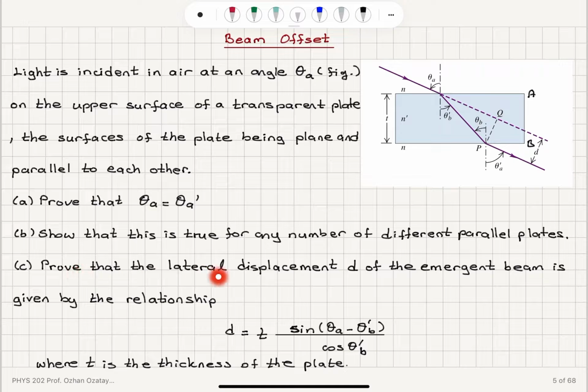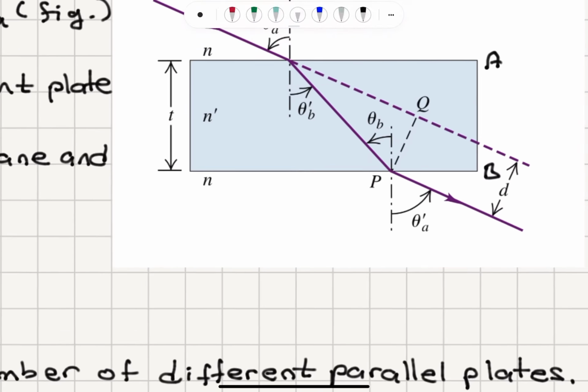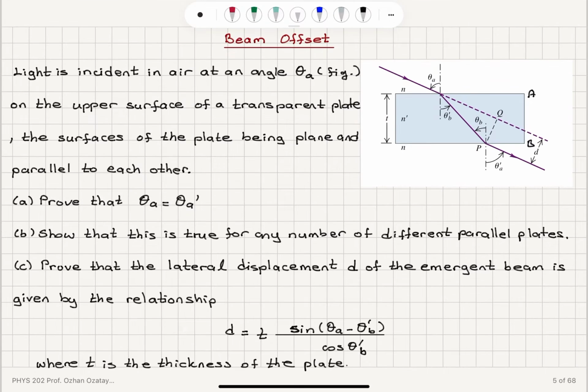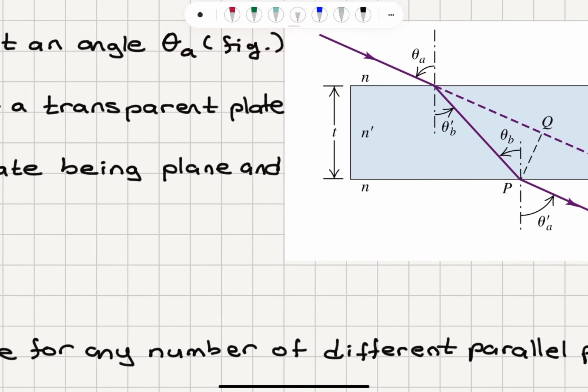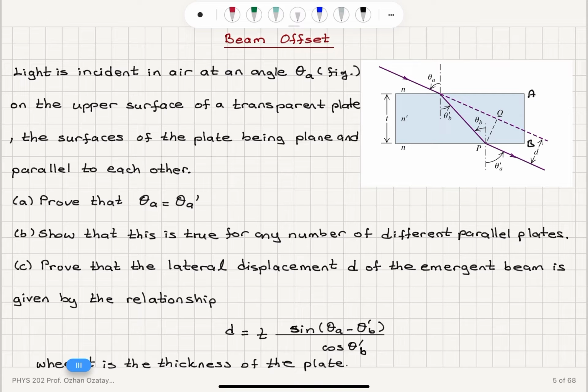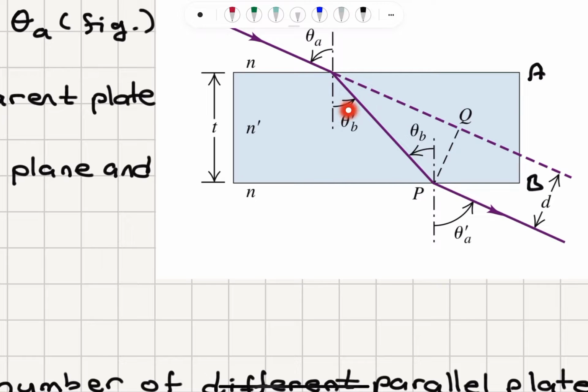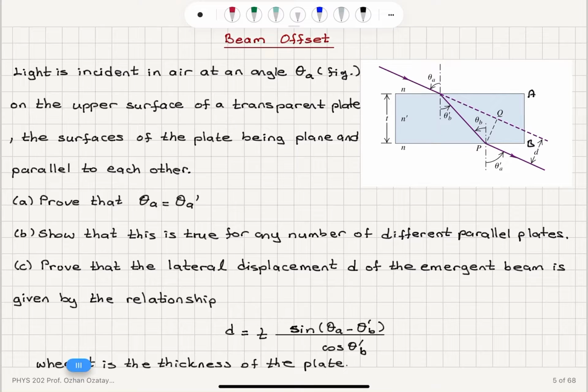Part C, prove that the lateral displacement D of the emergent beam is given by the relationship. As you can see, the incoming beam has an offset by an amount D as it emerges from the other side of the plate. That is given by T, the thickness of the plate, multiplied by sine of theta A minus theta prime B. What is theta prime B? That is the angle of refraction in the material,